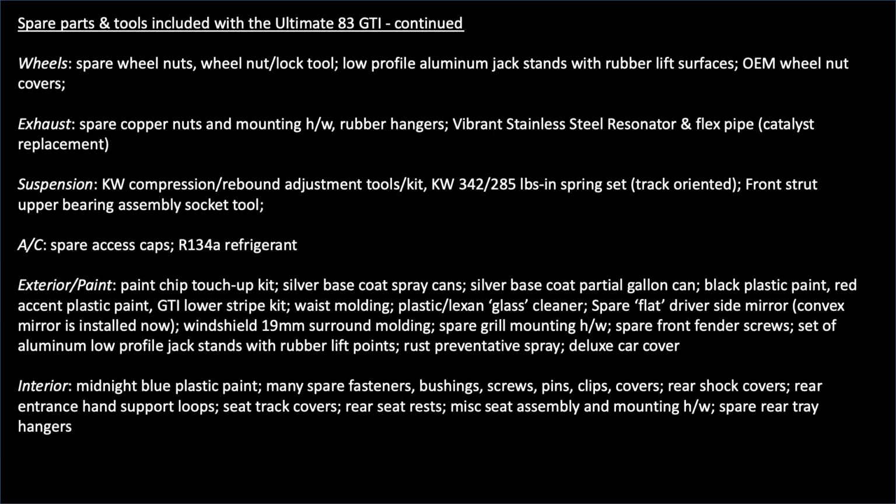And if you need to pull the transmission out, it's probably easiest to pull out the air conditioning compressor. So you'd want to refill and put new refrigerant back in the system and recharge it. So I've got spare refrigerant available. And then all kinds of plastic and metal paint, anything to do with keeping the paint looking good, or any touch-ups inside or outside of the car. I've got all that spare stuff. And a million little clips and screws and pins and things that I've collected along the way that may come in useful for anybody that wants to take apart the interior and put it back together for any reason,